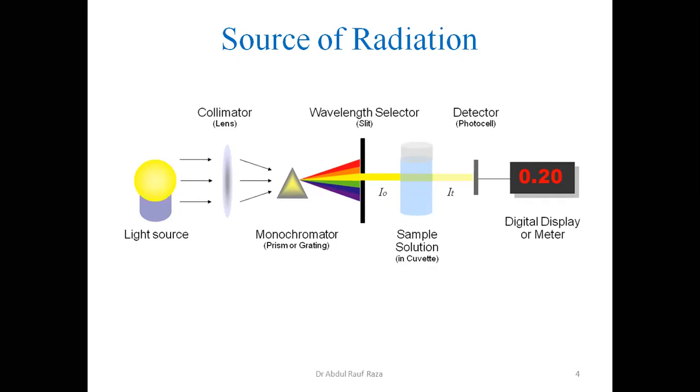If our compound is colored, we are only working with the mercury lamp, meaning the visible lamp, visible range. If it is colorless, then we should switch off the visible lamp. The visible source or mercury lamp is not expensive. It can be replaced very easily. But the deuterium lamp is very expensive, so keep that in mind.